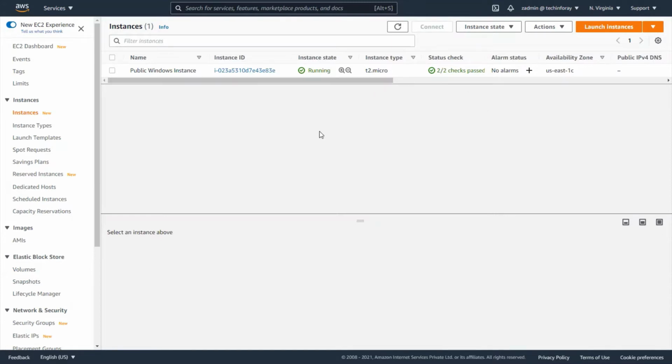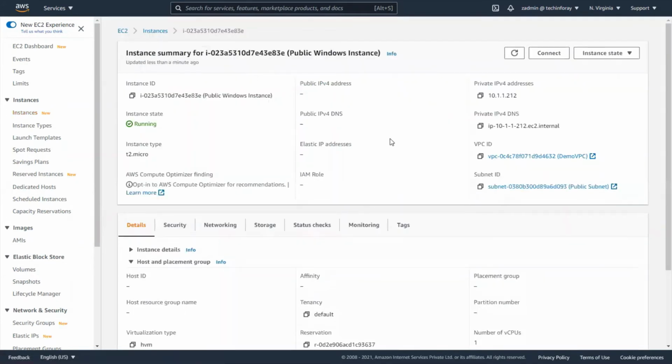And we can set the administrator password for it. The private IP assigned to this is 10.112.212, installed in VPC demos, in a public subnet. You can check the type of instance, and this is the instance ID of this Windows server.